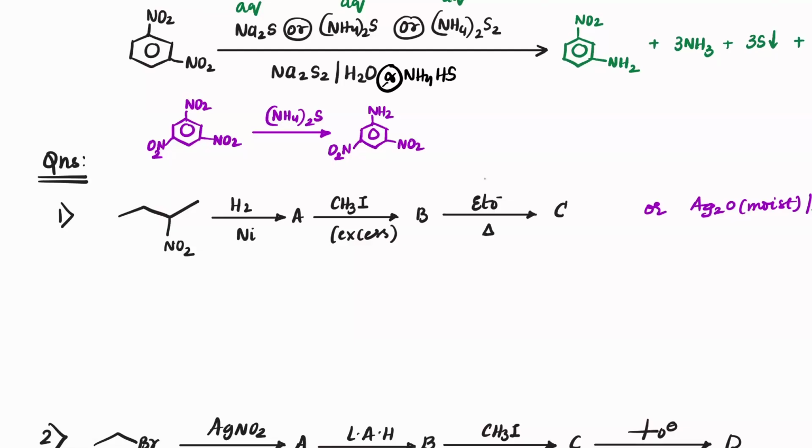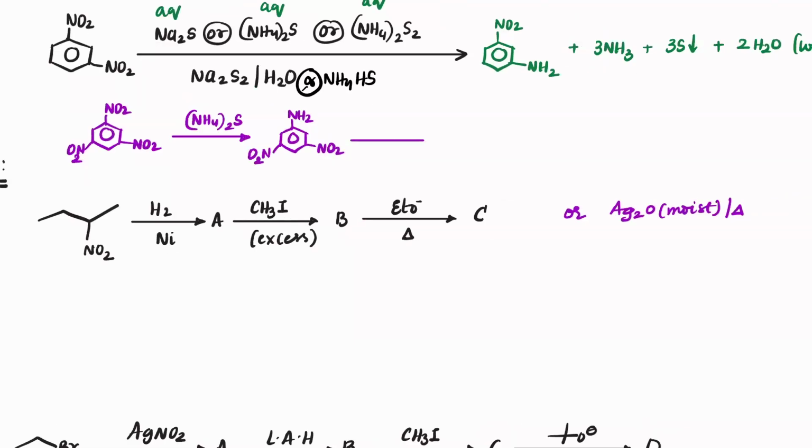What if I now react with H2 and nickel? H2 and nickel will readily reduce all the nitro groups into NH2. So this will become NH2, NH2, and NH2. And I'm just continuing that. What if I react with